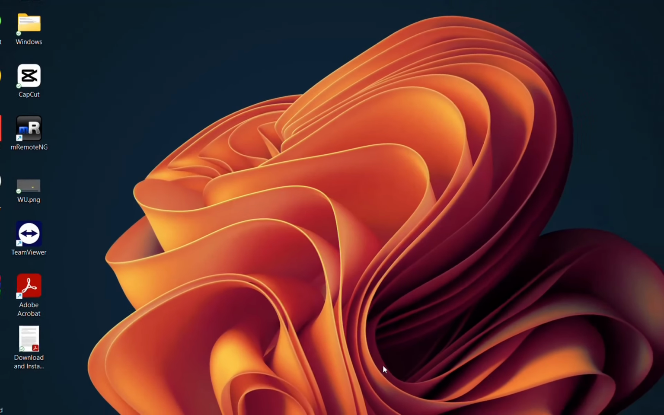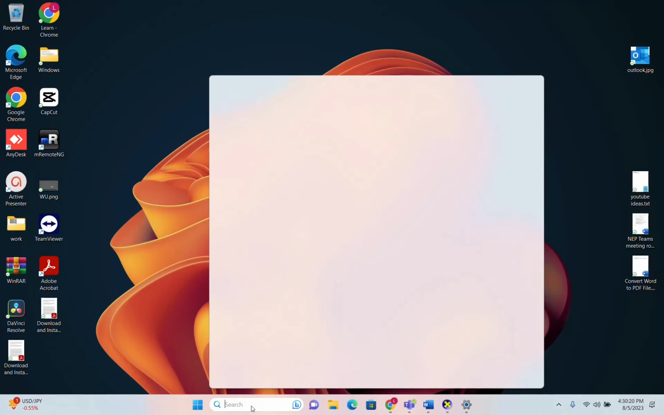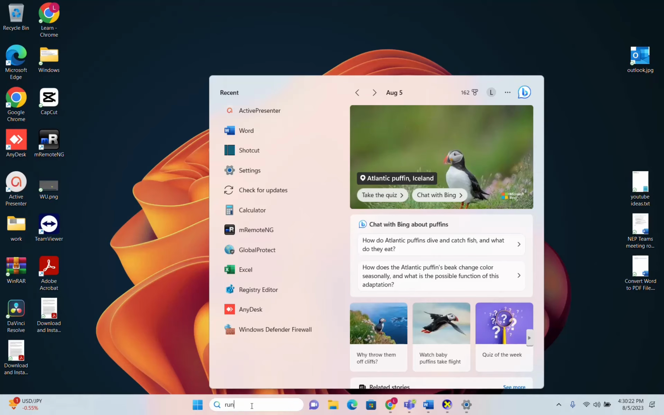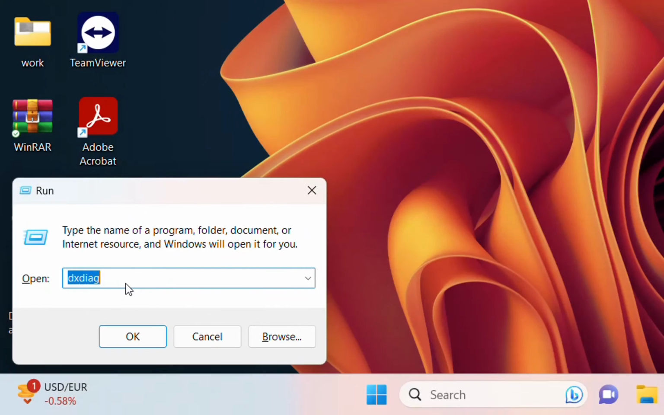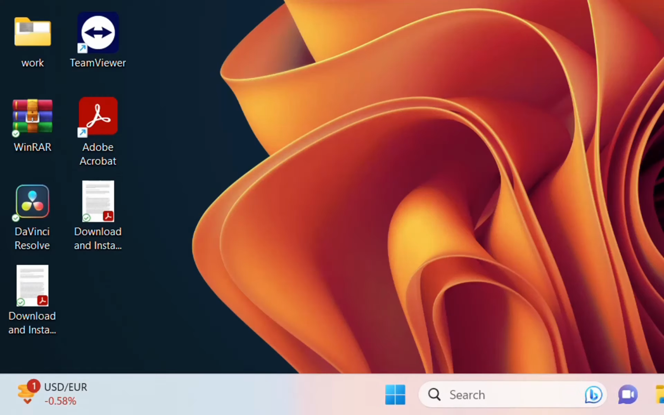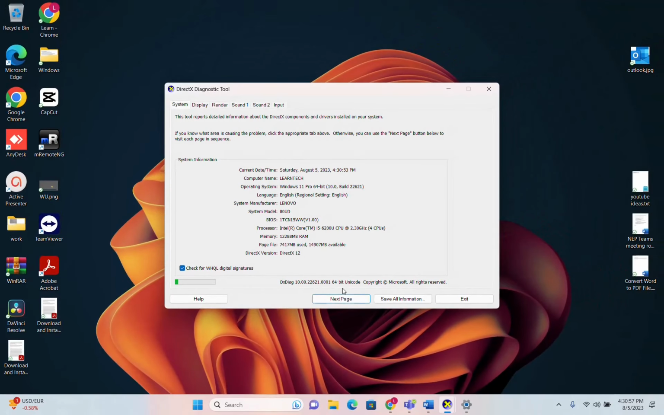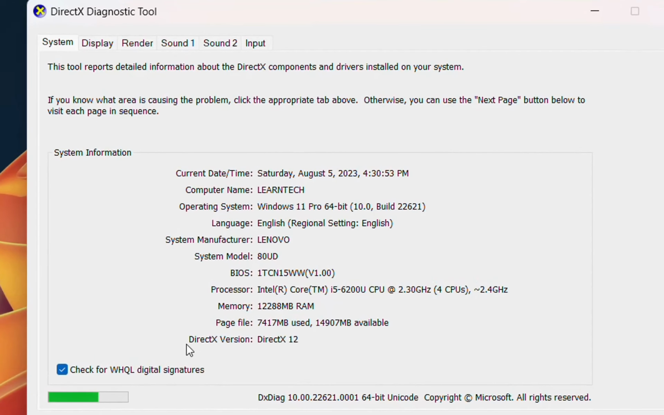In order to check that, you just have to go to search and type here "run", and then over here you have to write the command dxdiag, which stands for DirectX diagnostic. You write this and then click OK, and it will pop up a lot of information related to your DirectX diagnostic tool, and the important part is this one here, which is DirectX version,